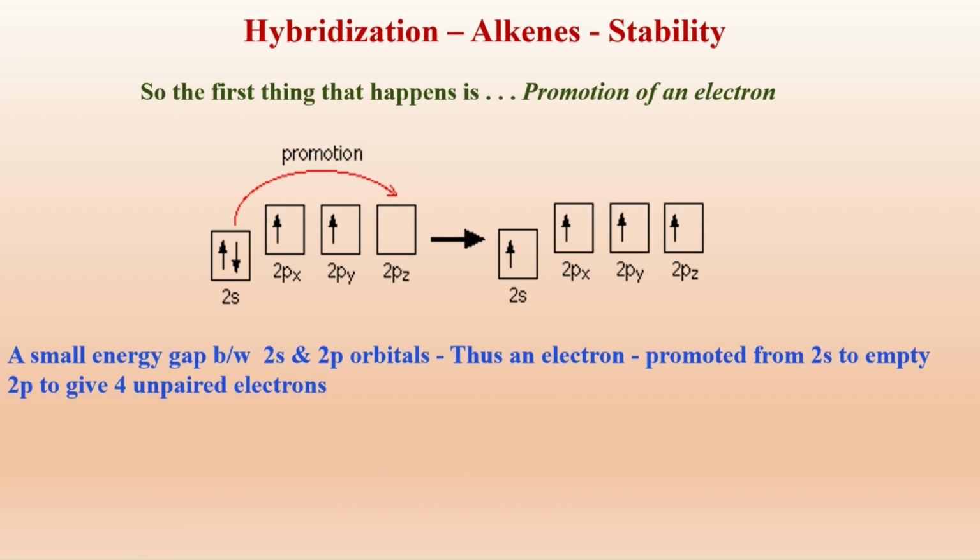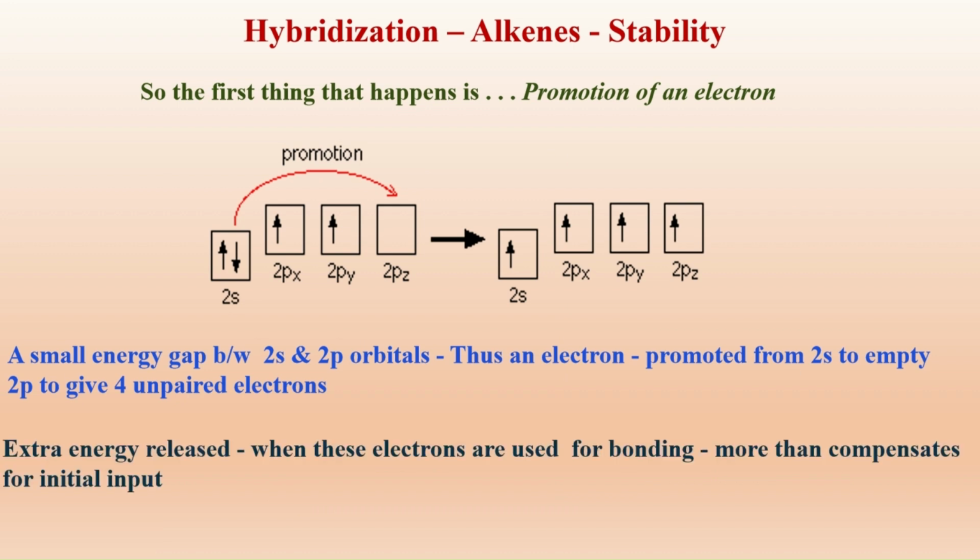Here the 2s and 2p orbitals combine together. The electron is jumped from 2s to 2pz. This is the excited state and higher energy state. However, this has to occur because it has to hybridize. In the excited state